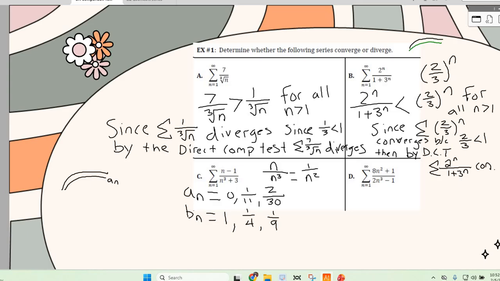But then I could say, since the sum of 1 over n squared, we said it converges because what? 2 is what? Greater than 1, right? Because we used a p-series test on that. Then